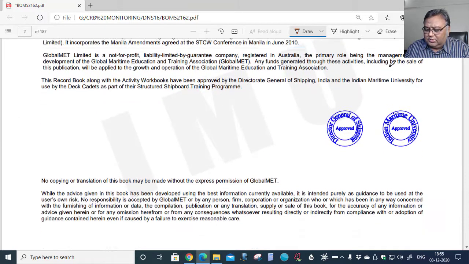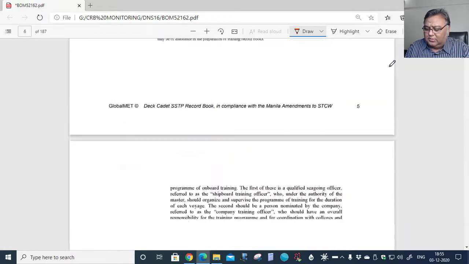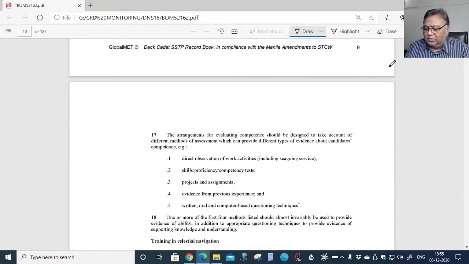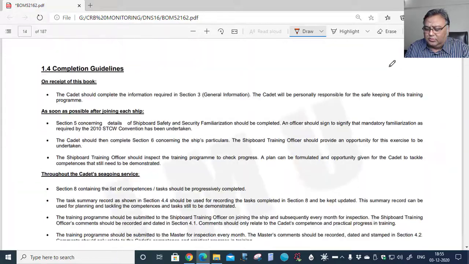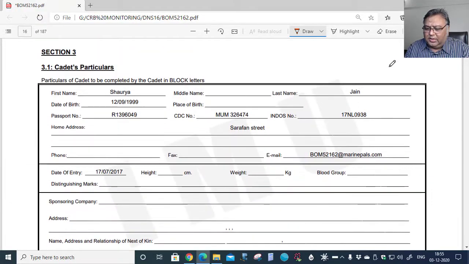Now let's come to the next section, and in this section these are some instructions which you need to follow. So now we'll come to the next section, which is 3.1, and in this section 3.1 you are supposed to fill cadet's particulars.